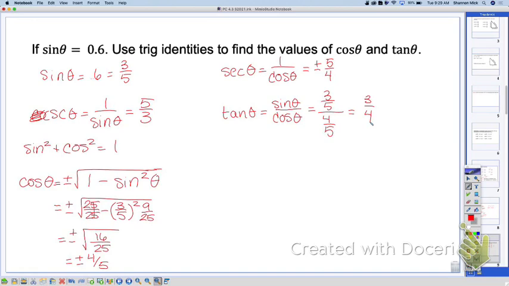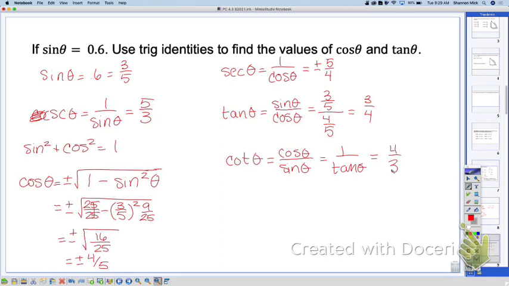Okay, so I have tangent. I need cotangent now. We have two choices. We could use ratio or reciprocal, correct? Yes. So we could use cosine over sine, or we could use 1 over tangent, which is easier. So 1 over tangent would be